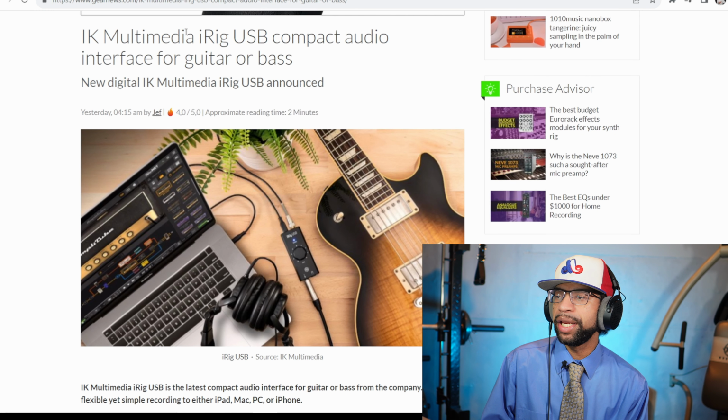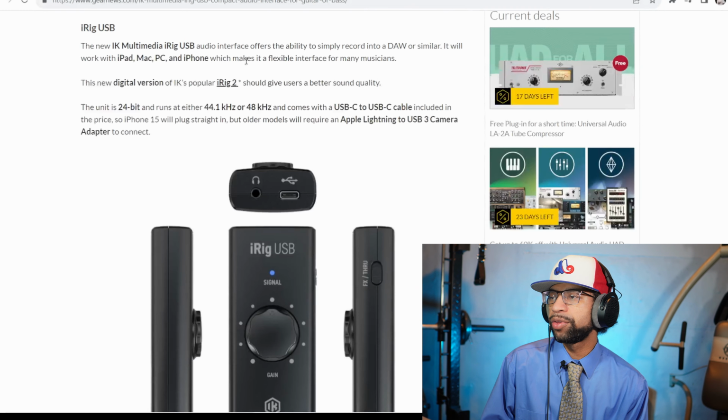Our next story today comes from IK Multimedia. It looks like they've dropped a new interface, a new iRig for guitar and bass players. Let's go ahead and take a look here at the story. So as we see here, IK Multimedia iRig USB compact audio interface for guitar and bass. As it says here, the new IK Multimedia iRig USB audio interface offers the ability to simply record into a DAW or similar. It will work with iPad, Mac, PC, and iPhone,